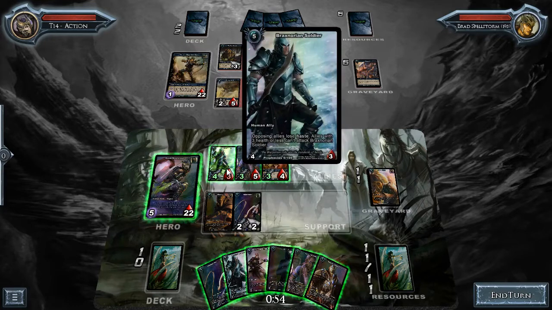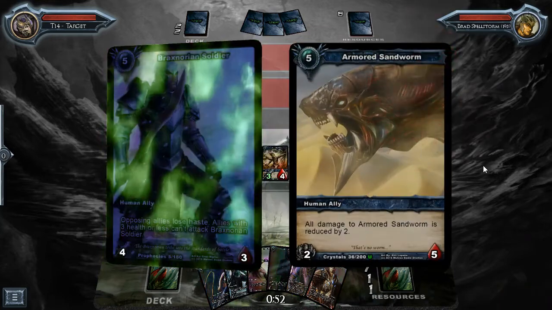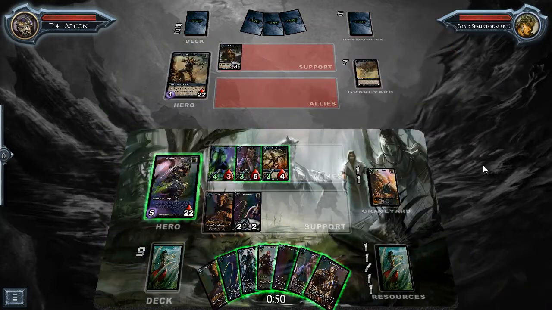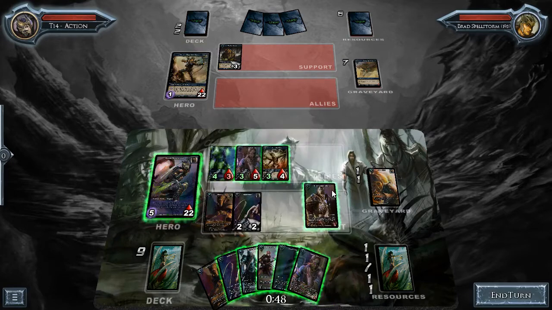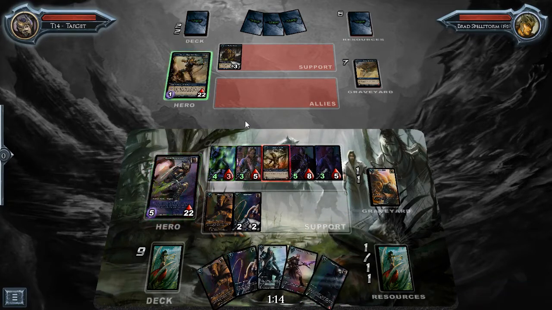So you see this guy has 4 attack. So he'll do 8 damage and then minus 2. So that'll be 6 damage, because you double the damage that's going to be taken, and then you reduce it by the armor of the opposing ally. So this should kill it. See? So 6 damage dealt. I'm going to play Keon, and I'm going to play this guy, and then I'm just going to go for